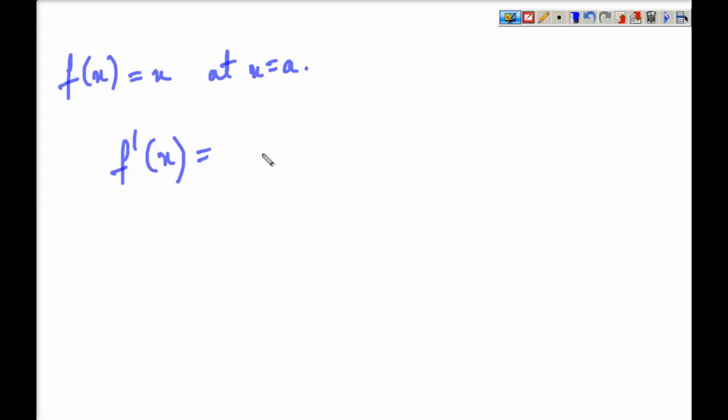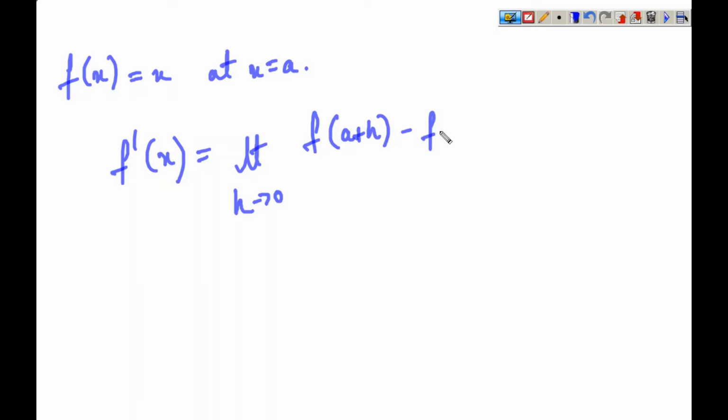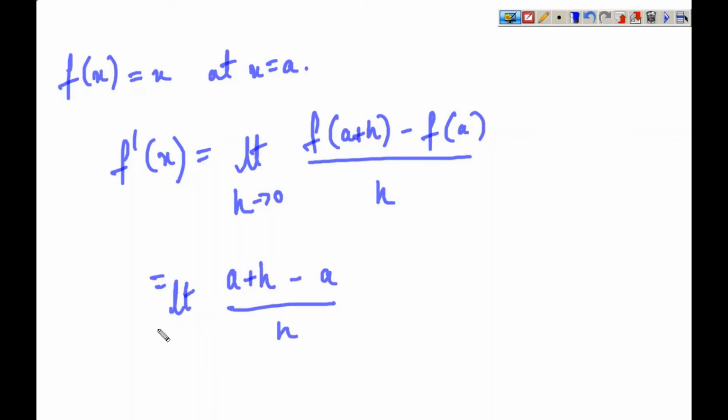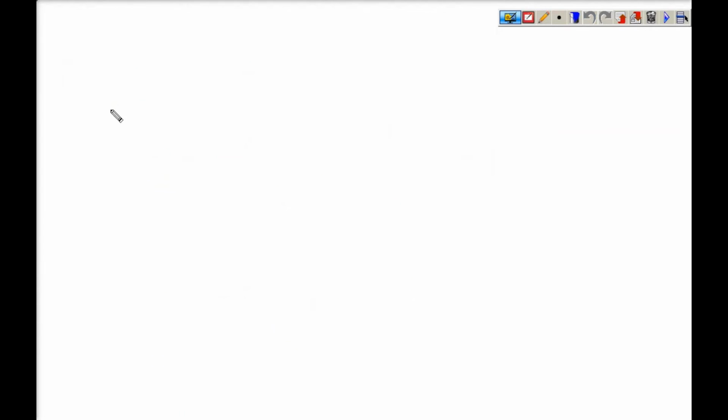So we had f dash x as the limit as h approaches 0 of f of a plus h minus f of a by h. So using the previous formula, we had f of a plus h as a plus h minus a by h, limit h approaches 0. So this and this will get cancelled and we are left with 1. This is a little bit tedious, it has a lot of steps, but using the new rule we can,